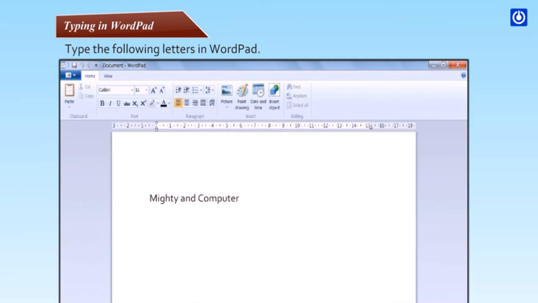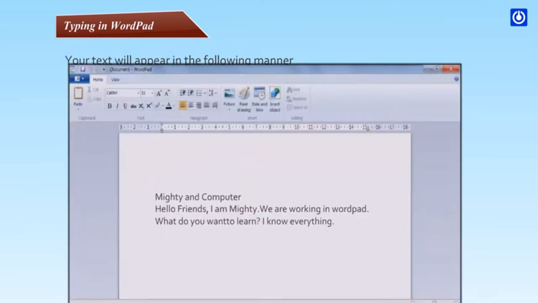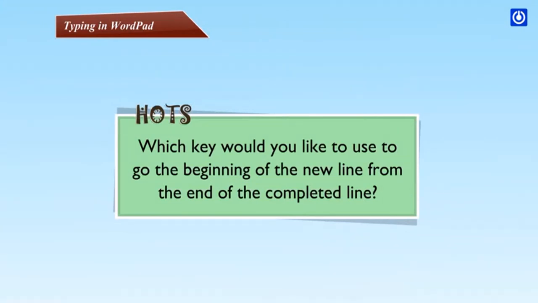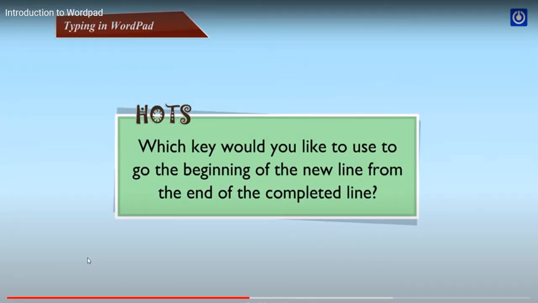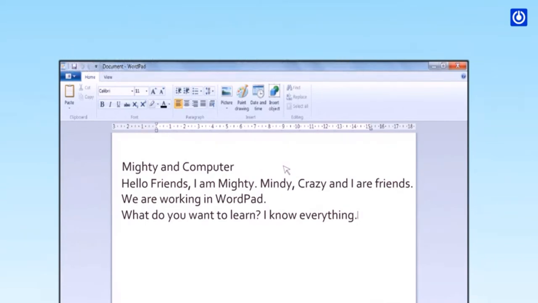Step 3. Press the Enter key when a line is complete. Step 4. Now type the next line. Your text will appear in the following manner. Which key would you like to use to go to the beginning of the new line from the end of the completed line? Let us now learn how to make this text stylish and beautiful.